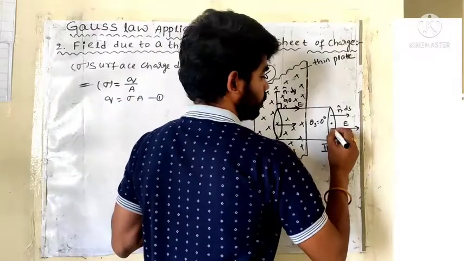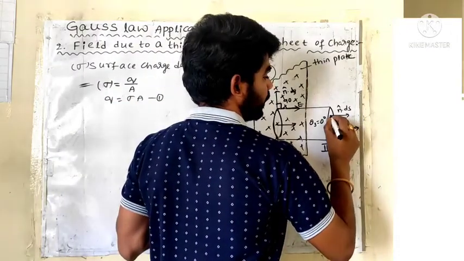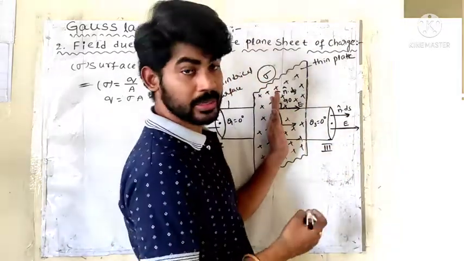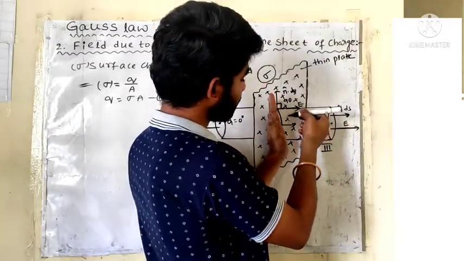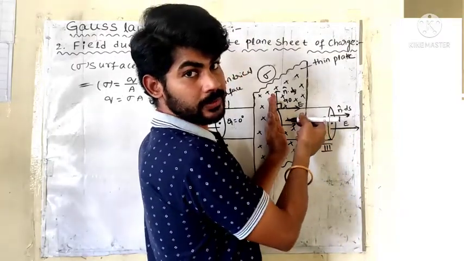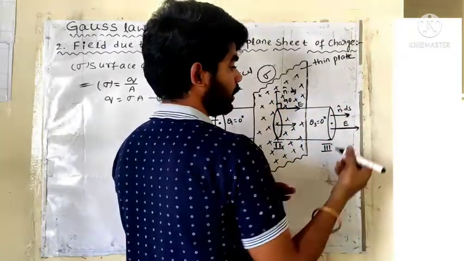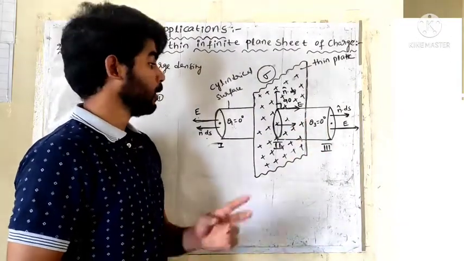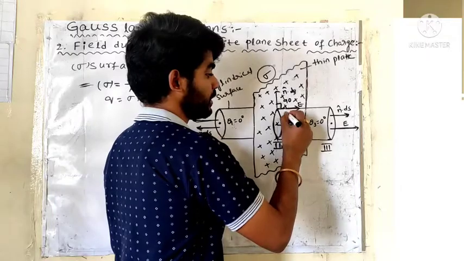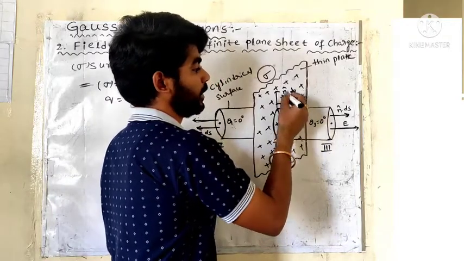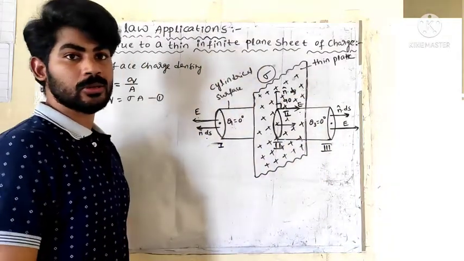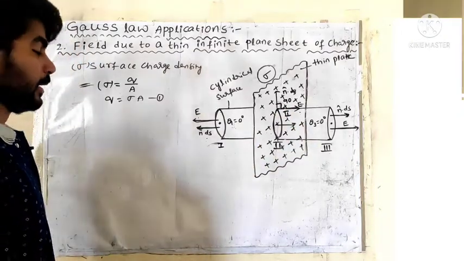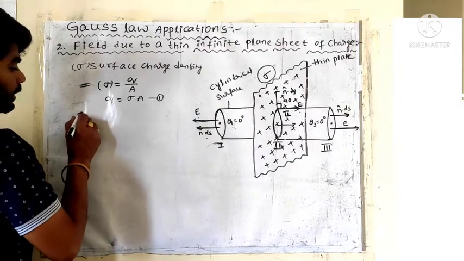And here, the electric field is acting this side and the area vector is also acting this side, because this is the perpendicular plate, and the electric field line in this curved surface again acts perpendicular to the area vector, both in the same direction. So for region 3, theta 3 is equal to 0. Only in region 2, the electric field and area vector are perpendicular to each other. So here the angle is 90 degrees. Okay, again the same procedure.